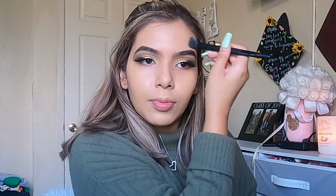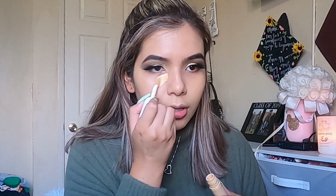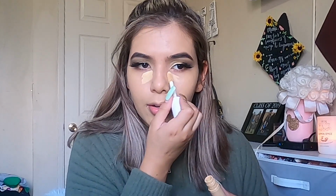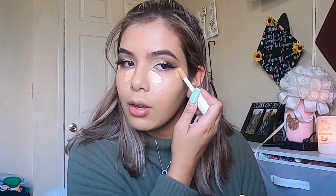And then I also like to brush it up here and then in between my brows and on the sides of my nose. So now I'm going back in with the e.l.f. Hydrating Camo Concealer, and I'm just putting concealer on the inside, outer,